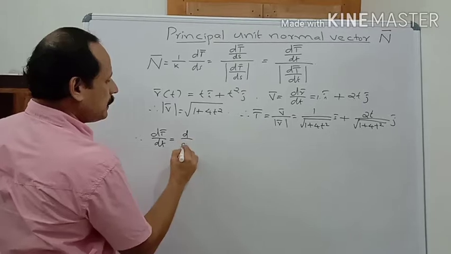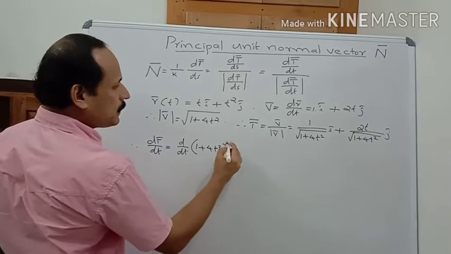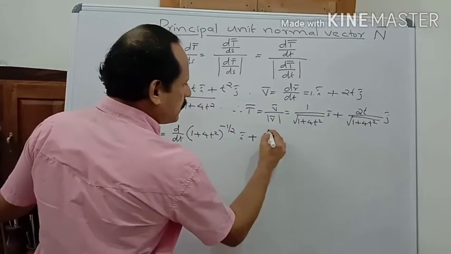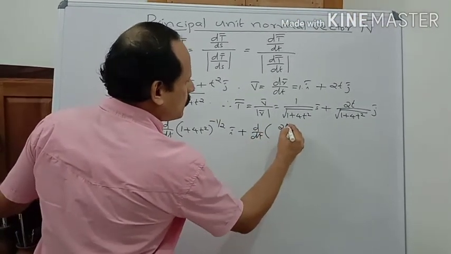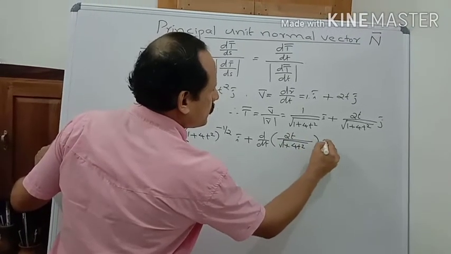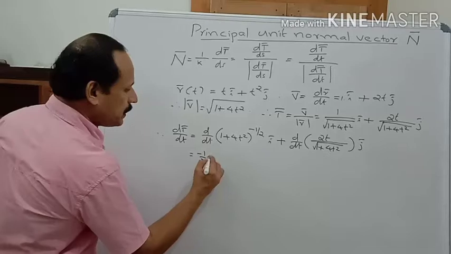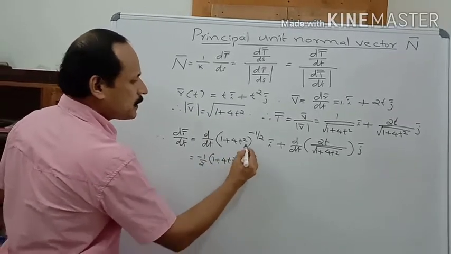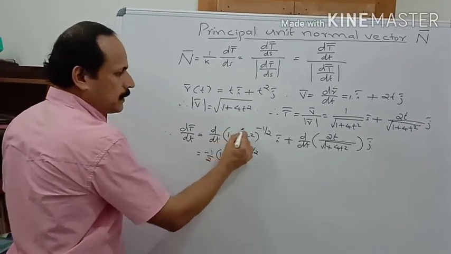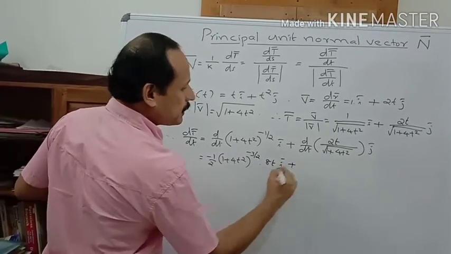Here d by dt of, you take this to the numerator, then 1 plus 4 t square whole raised to negative 1 by 2 into unit vector i plus d by dt of 2t by root 1 plus 4 t square into unit vector j is equal to, here the derivative is negative 1 by 2 into 1 plus 4 t square whole raised to negative 1 by 2 minus 1, that is negative 3 by 2, and we have to apply chain rule for this part, that is the derivative of this one, that is 8t, into vector i plus,